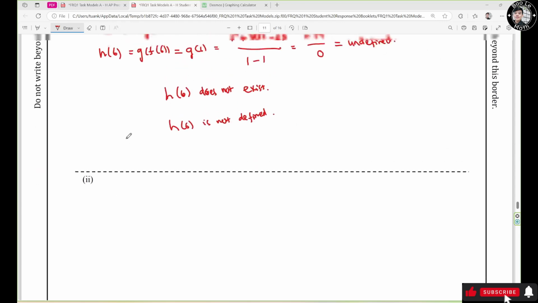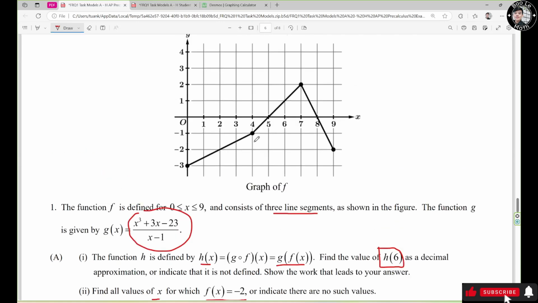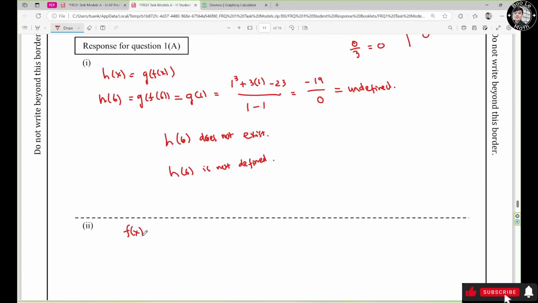Now let's move on to question A to I. Find all values of s for which f of s equals negative 2. So f of s equals negative 2 is going to be right here, right? You have two values. The first one is going to be 2. The second one is going to be 9. So you need to say f of s equals negative 2 when s equals 2 and s equals 9,